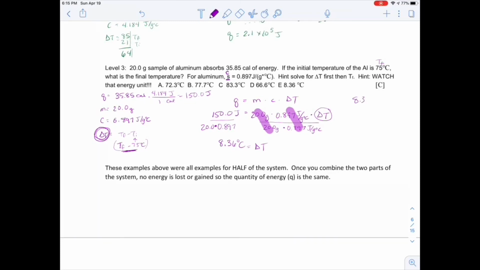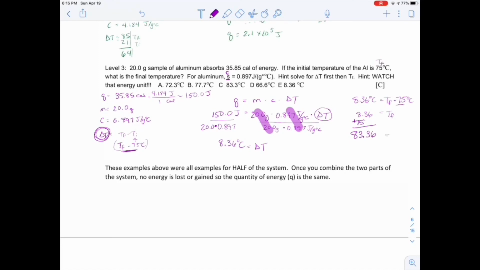So this gives me 8.36 is my delta T. That's equal to T final minus T initial, which is the 75 degrees Celsius. And I do the subtraction. I'm going to get 8.36 plus, remember, because I've added it to both sides. So I'm going to add the 75 to both sides, and I get